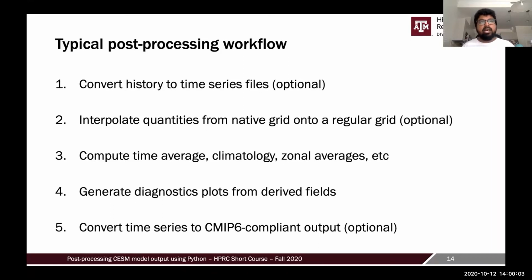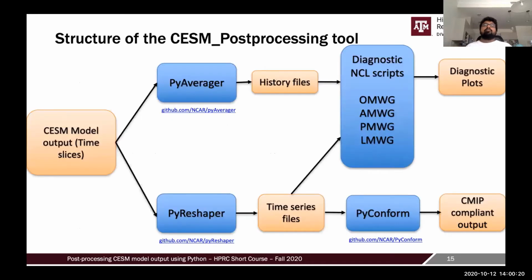And lastly, if you want to publish your data sets to something of a more standard format, then you have to deal with step 5. If you have questions, you can ask me later, but we're not going to go through that. Okay, so